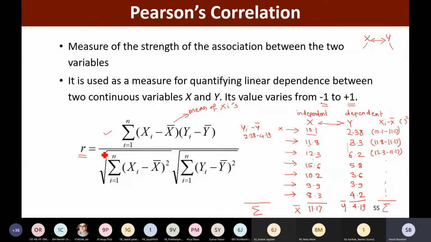So with the help of this formula, it is possible for us to compute this R, which is my Pearson's correlation coefficient. For every pair of variables, we are going to compute this kind of Pearson's correlation coefficient.